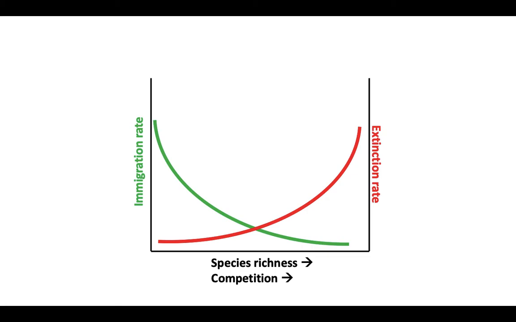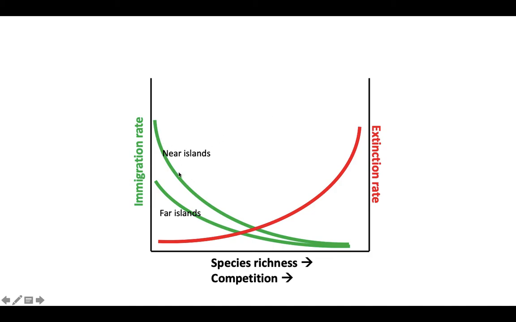Okay, so let's incorporate this into our graph. And this is where it starts to get a little funky looking. But just pay attention to that breakdown. One step at a time, it'll make sense, right? So I said that as the island gets closer to the shore, immigration rate will increase. So we can represent that with a second green line.